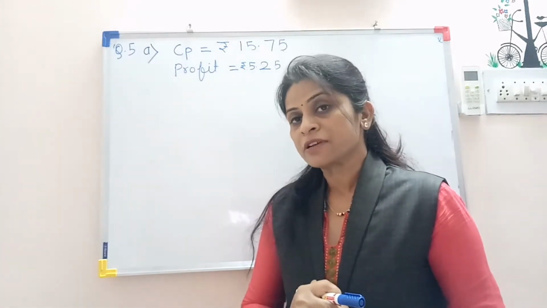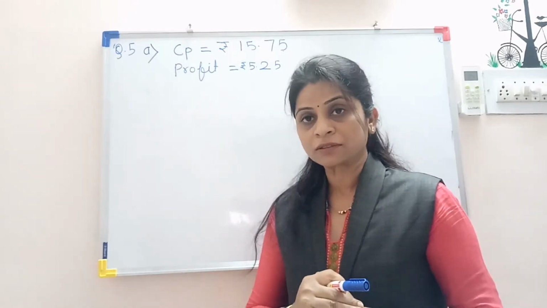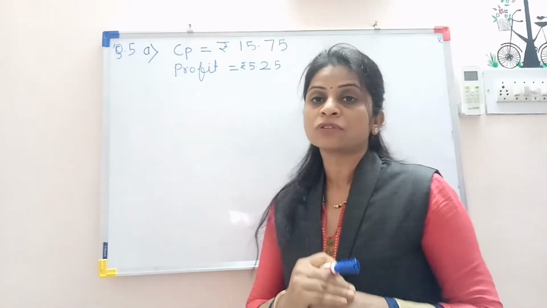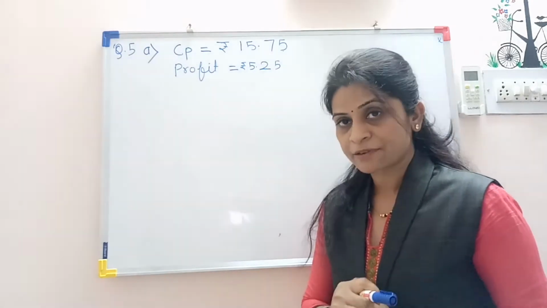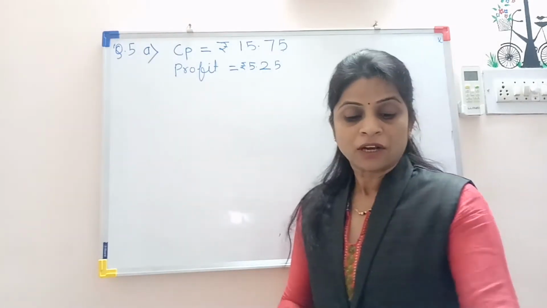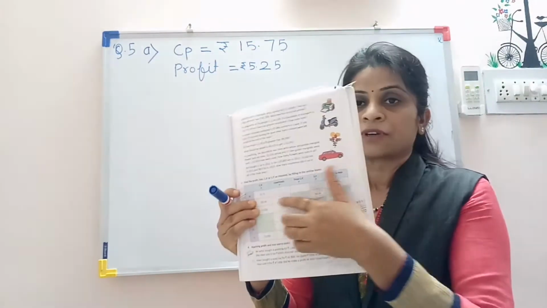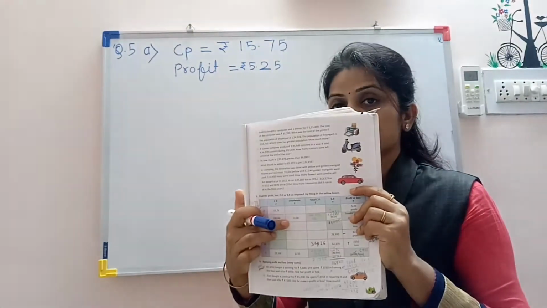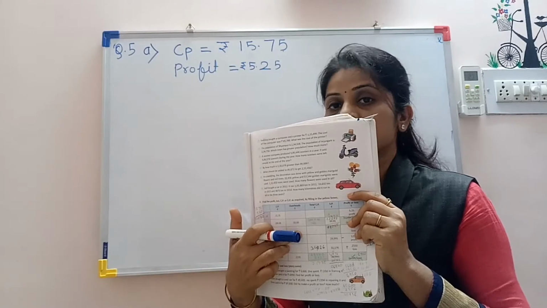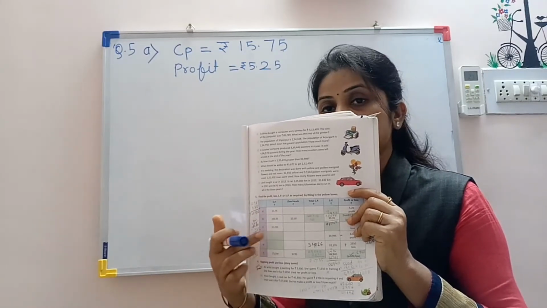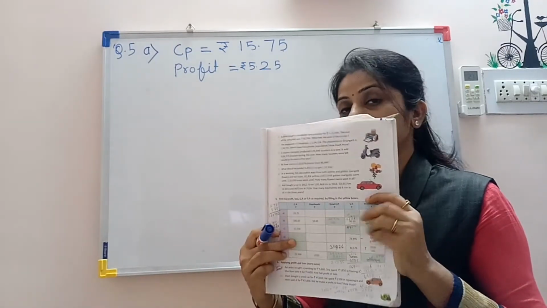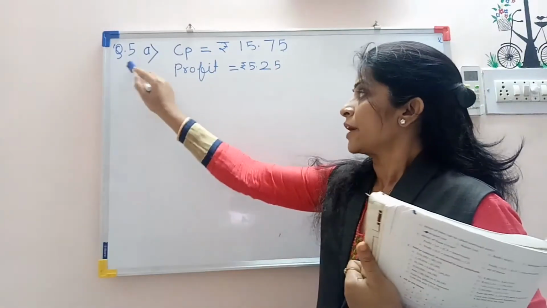Till now we finished with how to find out profit, loss, cost price, selling price. If overheads are given, in that case how to find out total cost price, and how to compare that total cost price with the selling price, that also we have seen. Now question number 5 is based on this mixed question. Somewhere you have to find out the profit, somewhere you have to find out loss, somewhere cost price and selling price. Now let's see with A.